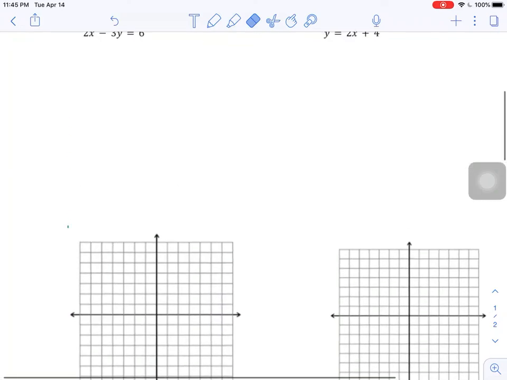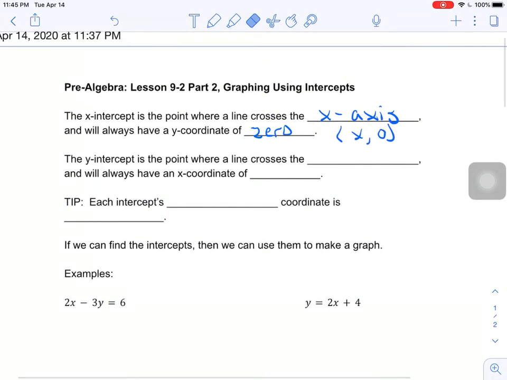So I'm going to erase that to get it out of the way, because we're going to use our graph for something in a minute. So the y-intercept is the point where the line crosses the y-axis. And the y-intercept, like I was just showing you, always has an x-coordinate of 0. So a y-intercept, or a point on the y-axis, is always going to be 0 and then whatever number it